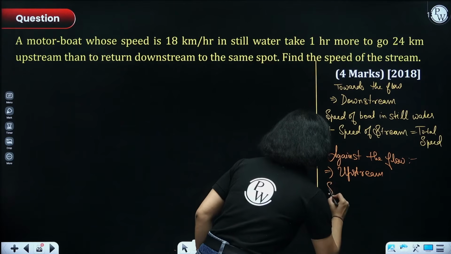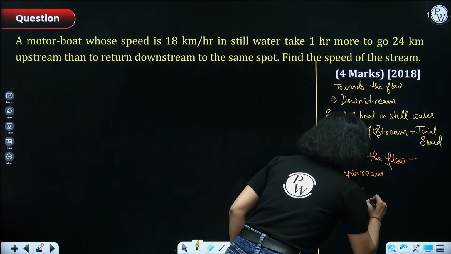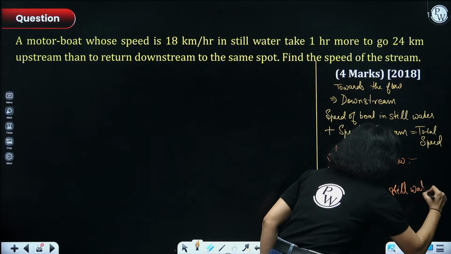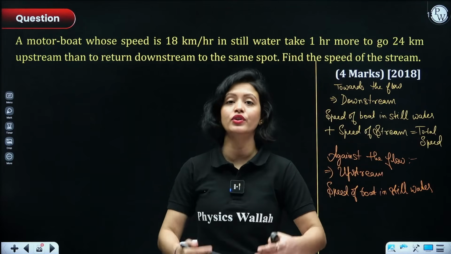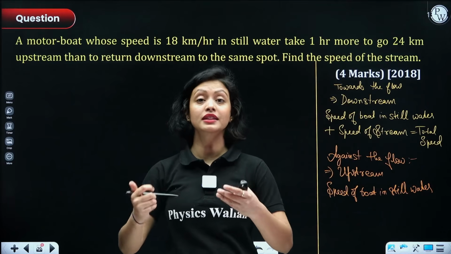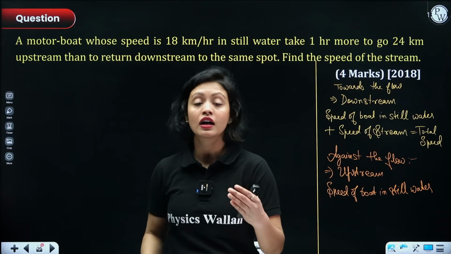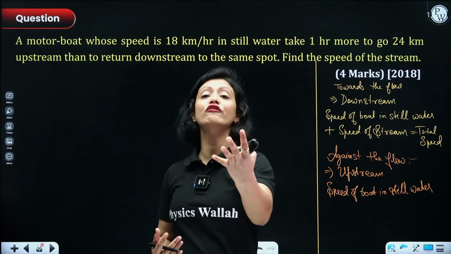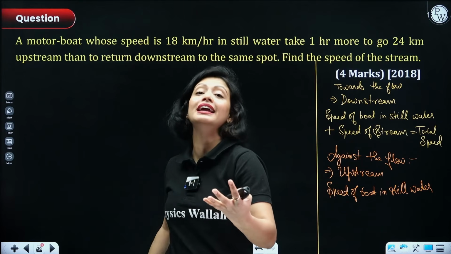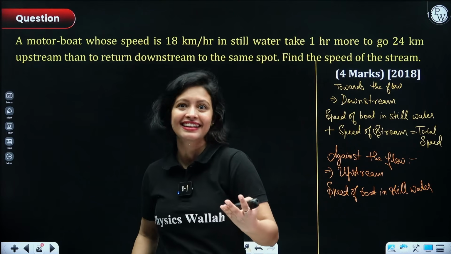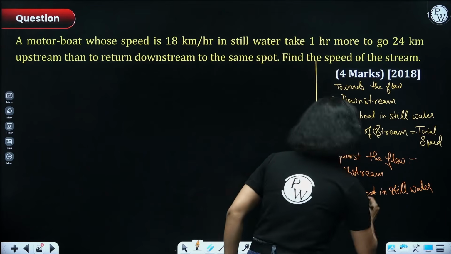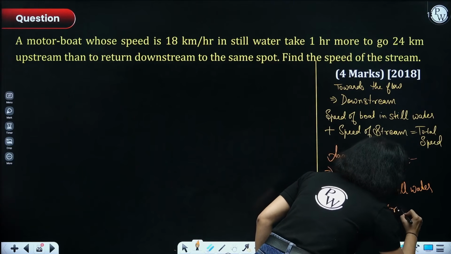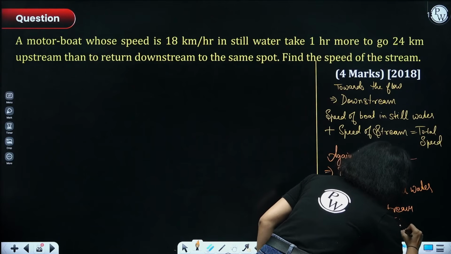Because there would be a speed of boat in still water, right? There is a speed of boat in still water. Motor would be running, right? And that motor would be running for the boat, right? And it would have its speed. But there would be the stream speed which would be going against it, right? So what would happen? The speed would get reduced. Why? Because from the speed of boat in still water, the speed of stream would be what? It would be subtracted. है ना? ठीक है? So speed of boat in still water minus speed of stream would be the total speed.